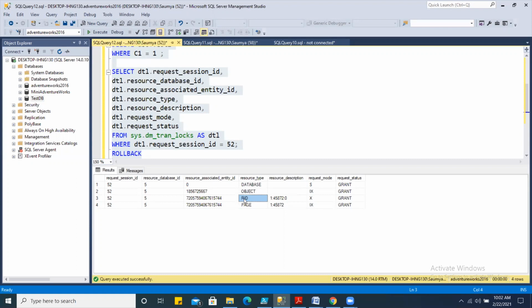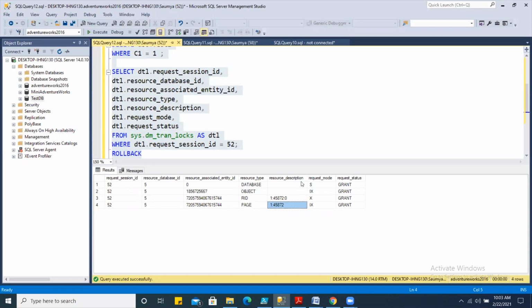That is granted, and this row is part of this page. So in order to perform the delete operation, an intent exclusive lock was also requested by this session against the page on which we have this row. So here you can see that this is my RID and this is my page.